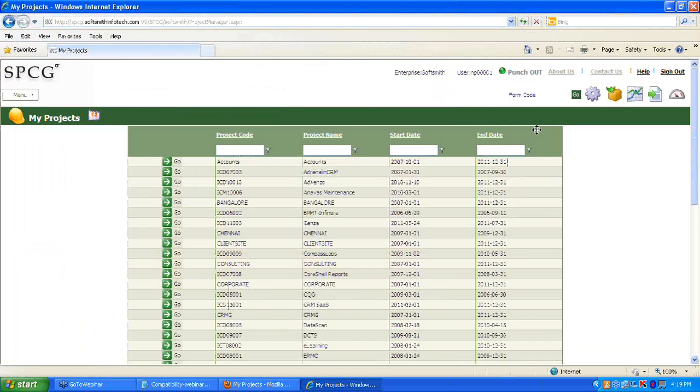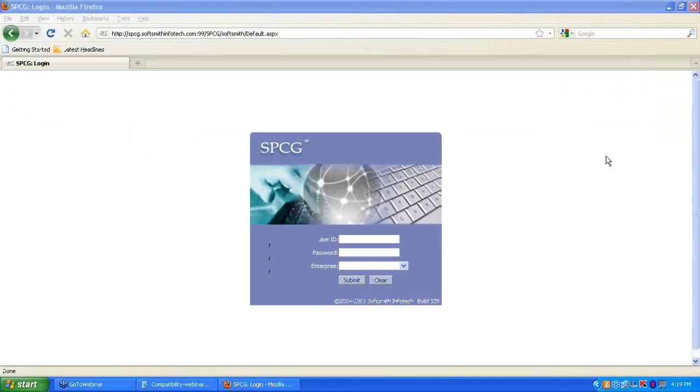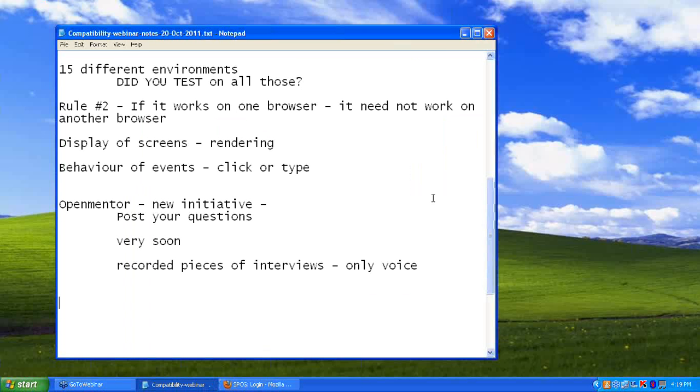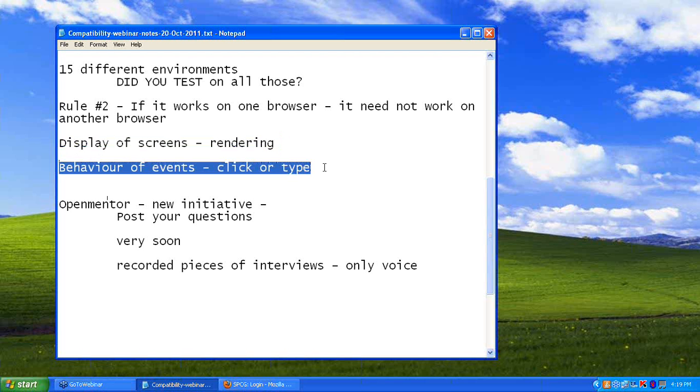The very first thing that you will understand in terms of compatibility is the display need not be the same. Second is the behavior of events. We saw an unnecessary pop-up coming up in Firefox. Like this, we need to test every single combination. How do we do that? The way we need to do it is